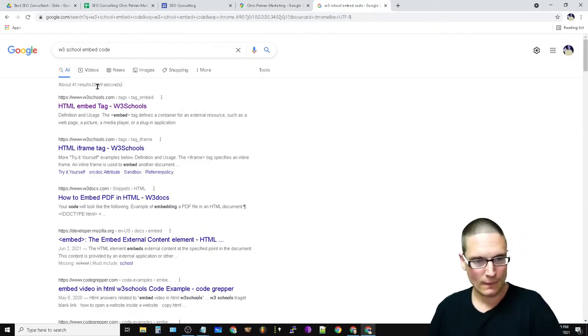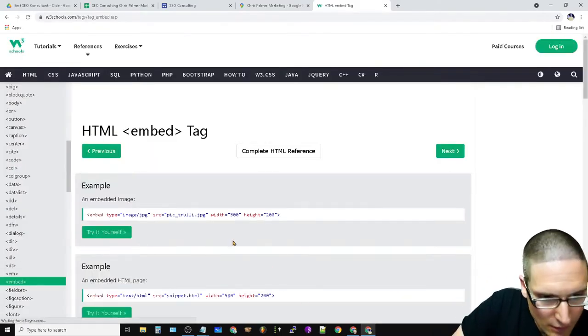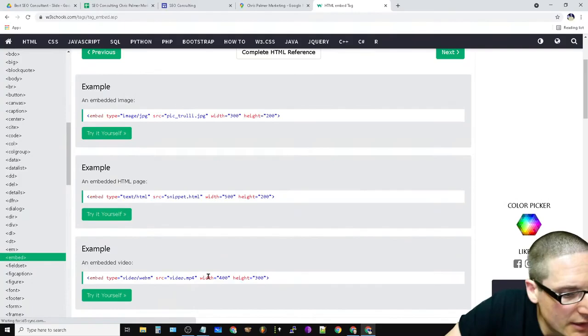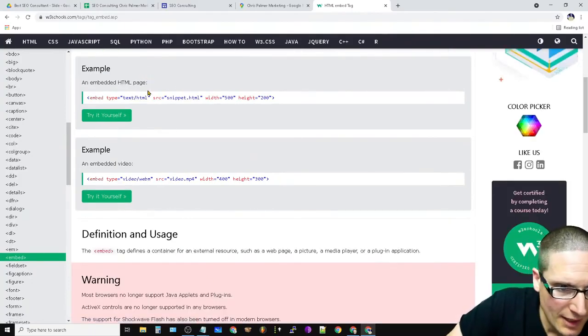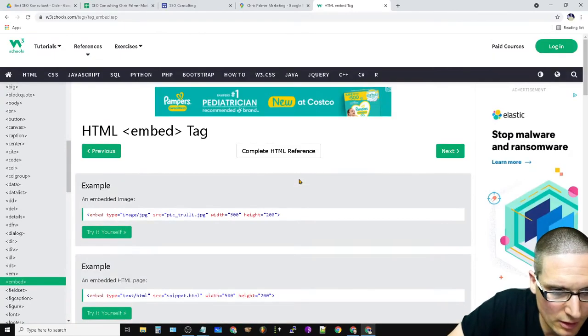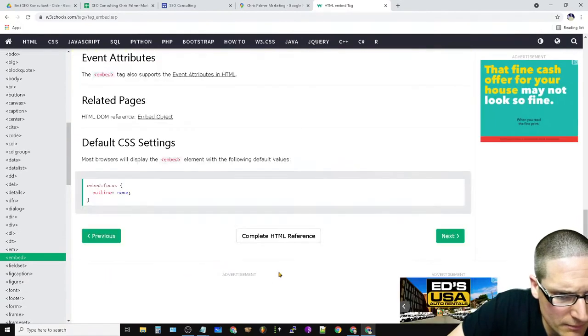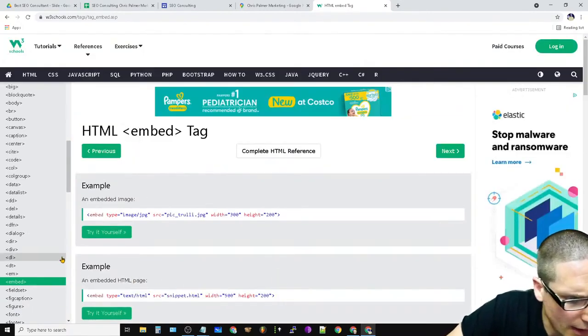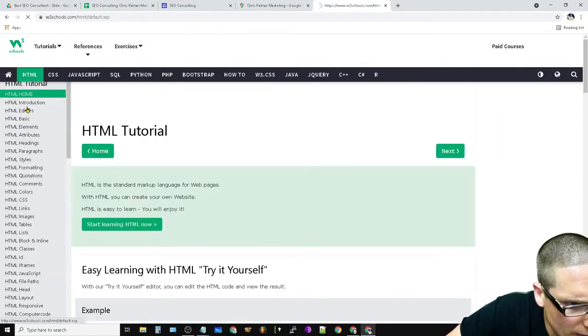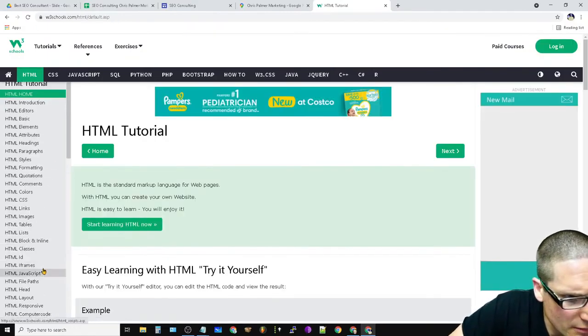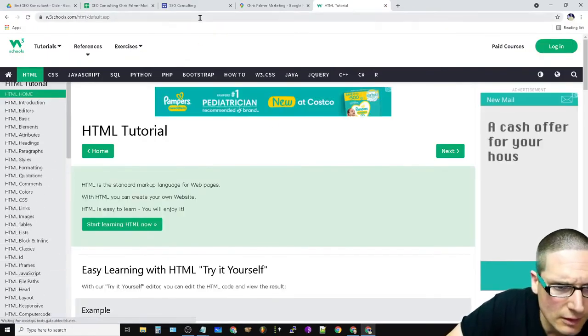Right. So just grab one, and here's an example HTML page. Okay. An embed inside of HTML. All right, so let's grab a different one actually.